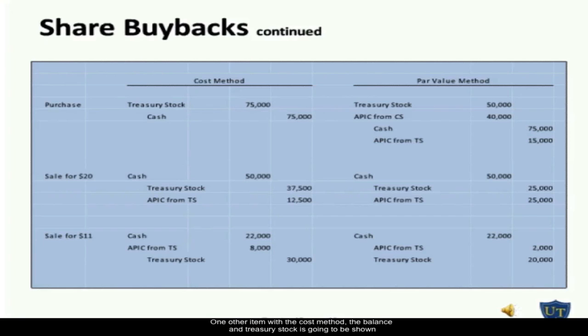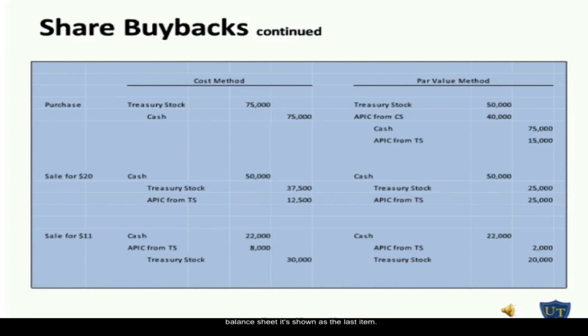One other item: with the cost method, the balance in treasury stock is going to be shown on the balance sheet as the last item in stockholders' equity. And the reason for that is this method allocates the fair market value or the cost of the shares to treasury stock. Sometimes that dollar amount can swamp the rest of stockholders' equity, so on the balance sheet it's shown